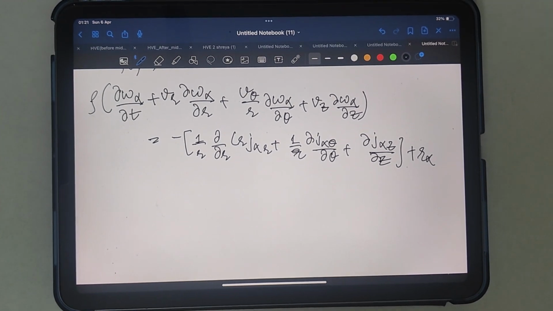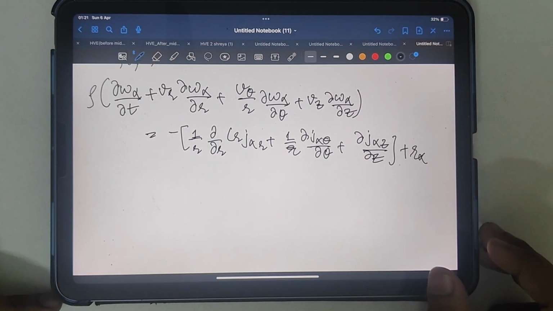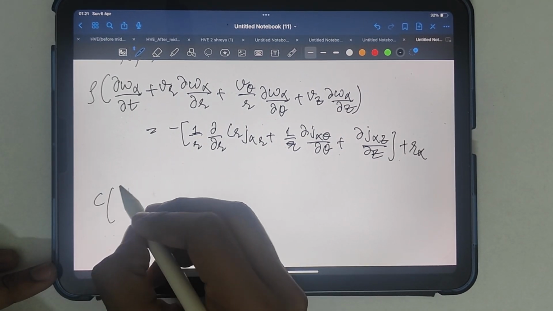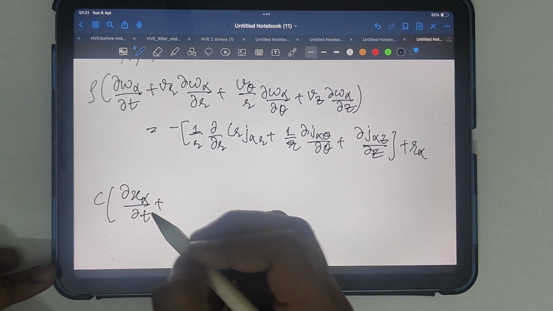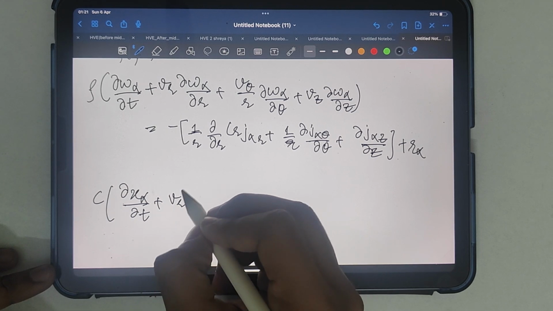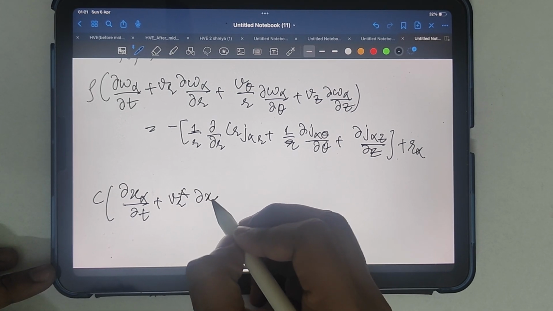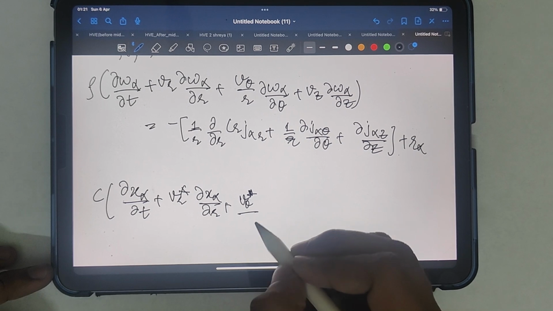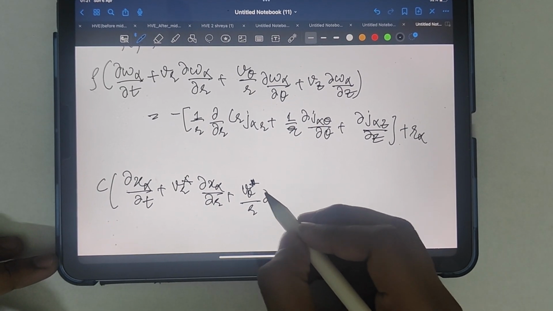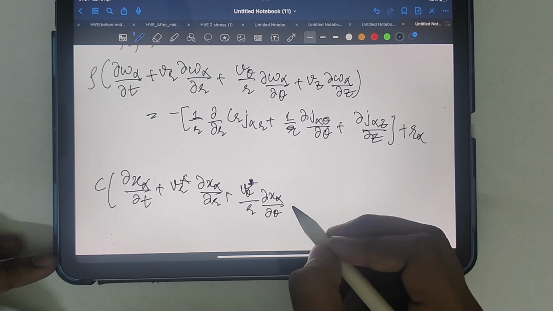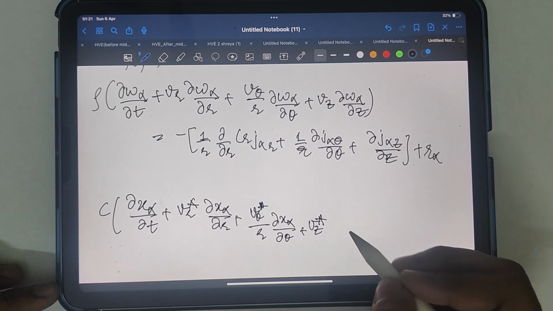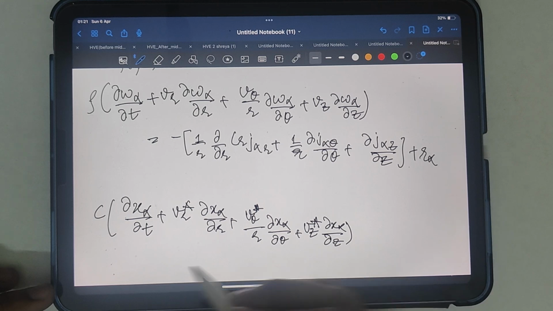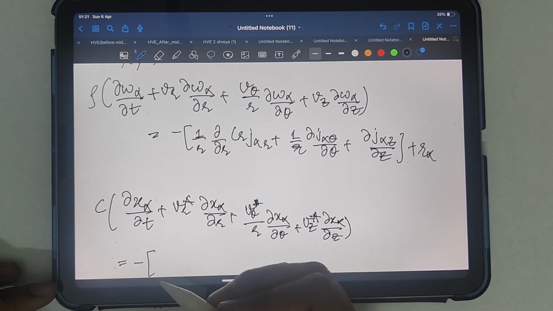After replacing the above equation with the terms I had shown previously, we get the following equation: C times ∂xα/∂t plus Vr star times ∂xα/∂r plus Vθ star times Vθ by r times ∂xα/∂θ plus Vz star times ∂xα/∂z is equal to minus times